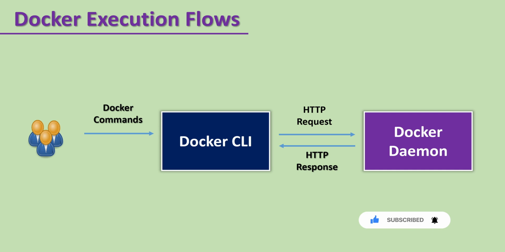And let's understand the Docker execution flow. As a user, you run a Docker command, for example, docker version. That command goes to the Docker CLI. The Docker CLI takes the command from the user, parses it and sends it to the Docker daemon. The Docker daemon processes this command and responds back to the CLI, and then the CLI will display the result of the user command, and in this way the user can see exactly what happened. So this is the Docker execution flow.